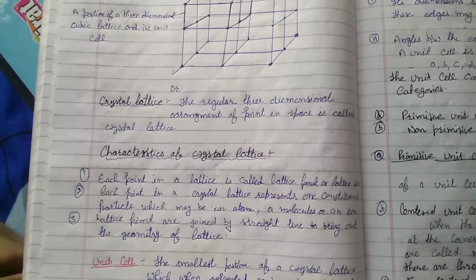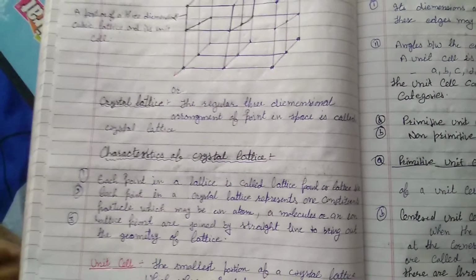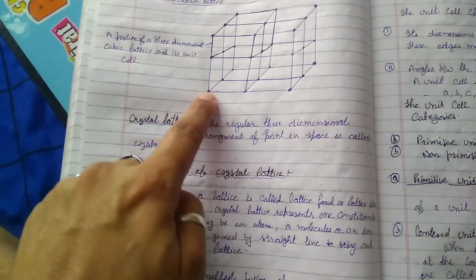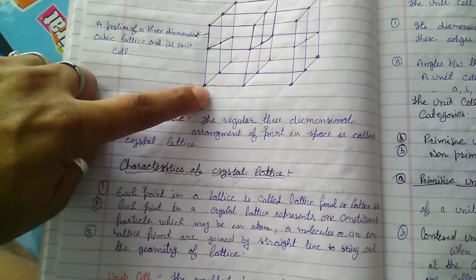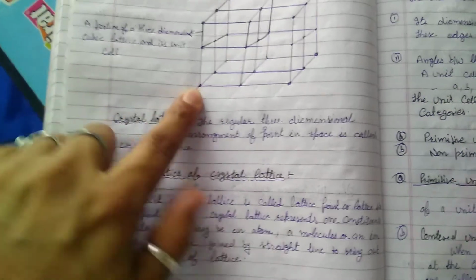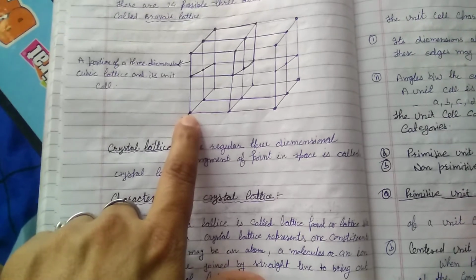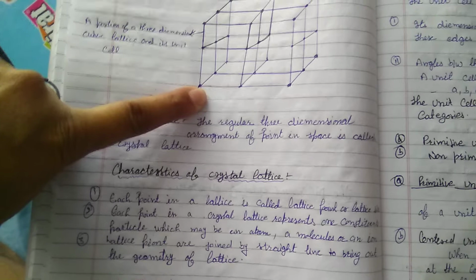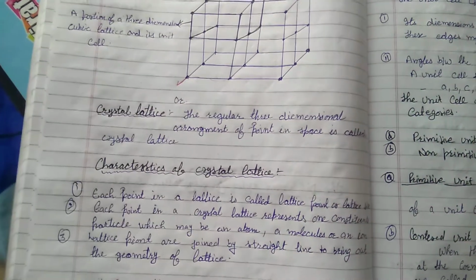So first of all, each point in a lattice is called a lattice point or lattice site, which means that in this crystal each point is called a lattice point. Each point in a crystal lattice represents one constituent particle. Each point particle is called a constituent particle